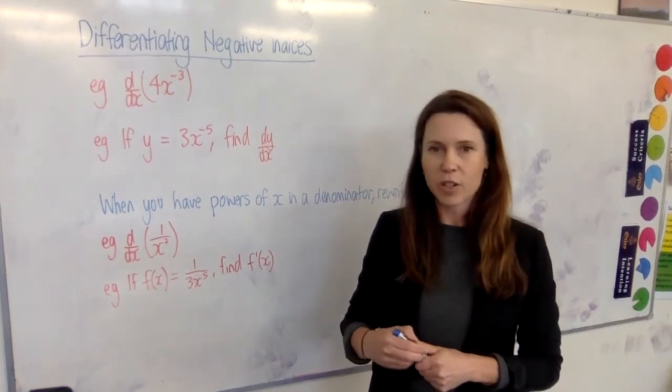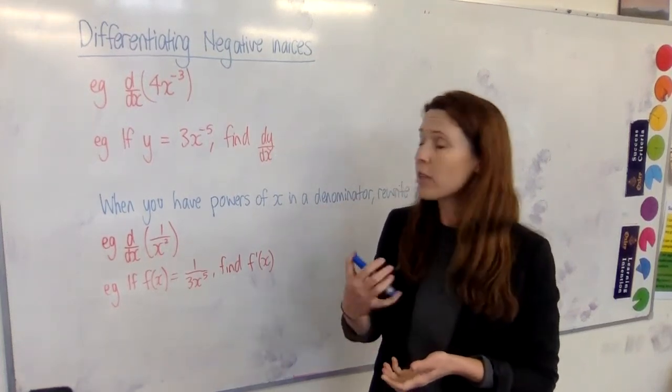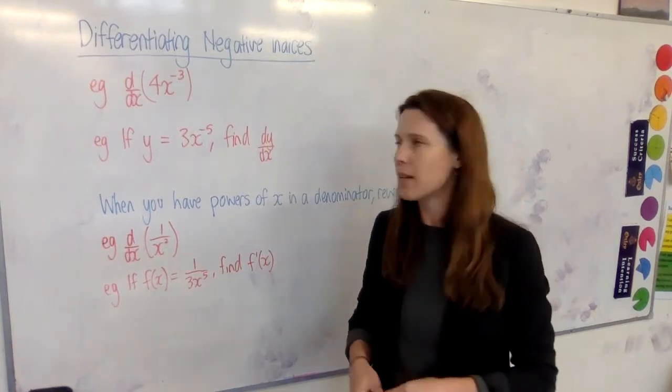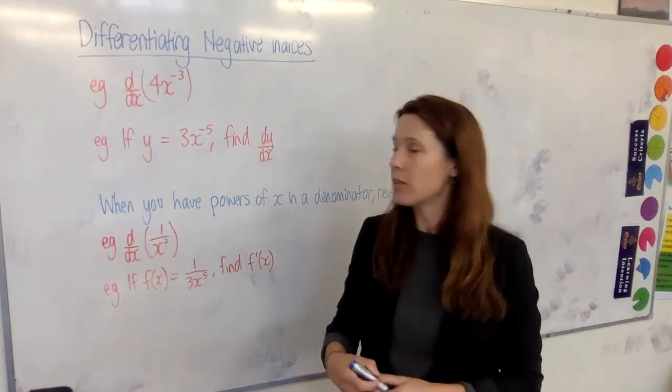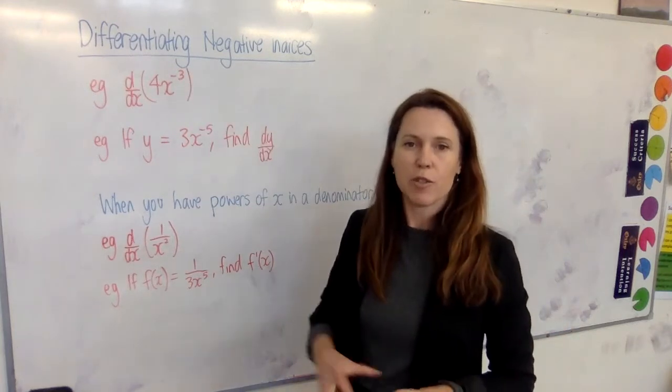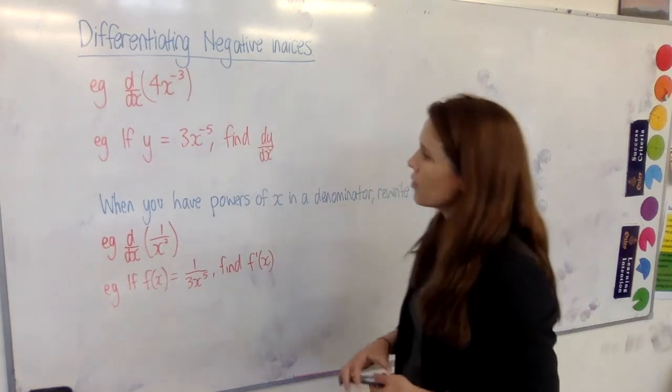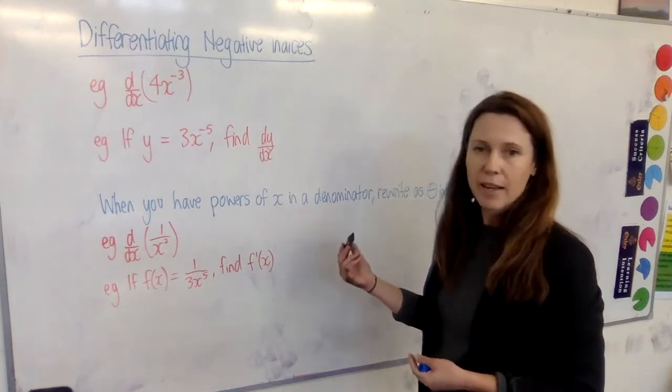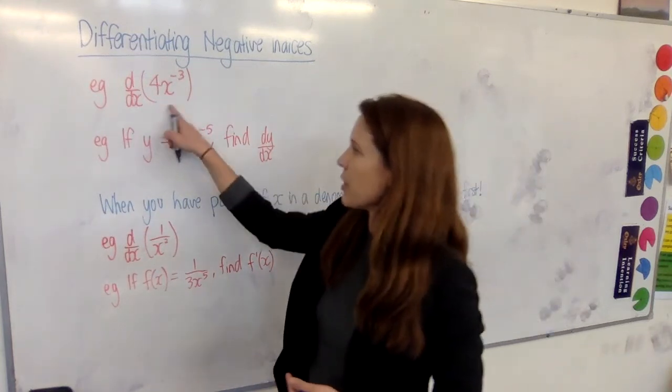Differentiating any function that has negative indices in it is really quite straightforward. It follows all the same rules as the ones we've already learned. So you take your power, you bring it down the front, and you reduce the power by 1. So if we look at some examples here to see how it's done, I've written them deliberately in 2 different